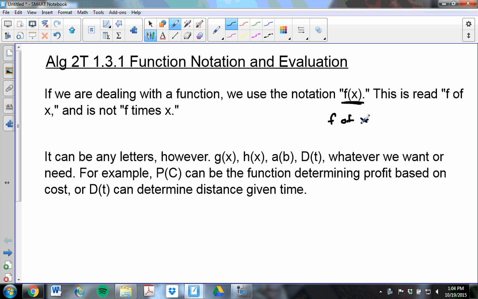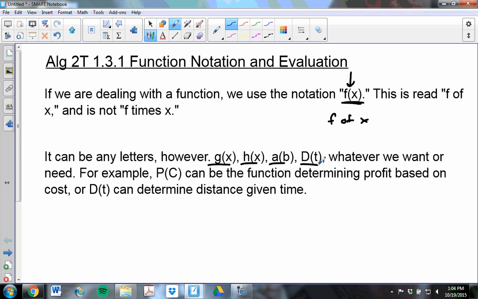Whenever we see this sort of action, we know we're dealing with a function, and that's really nice because we can have confidence that every input will only have one output. It doesn't have to be f of x, it could be g of x or h of x or a of b or d of t. All those things, when you see them written like that, tell you you have a